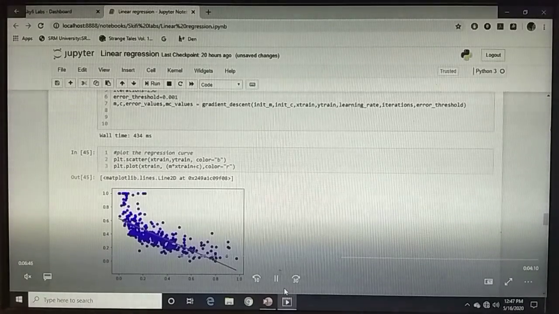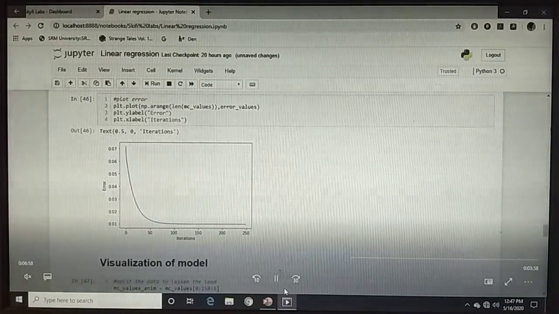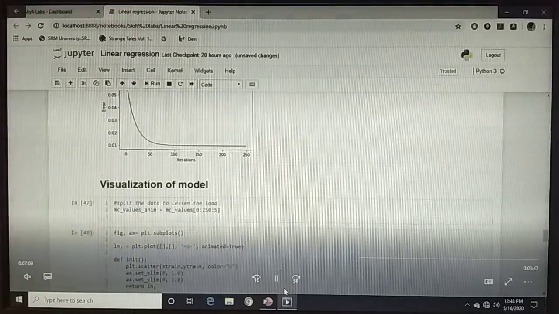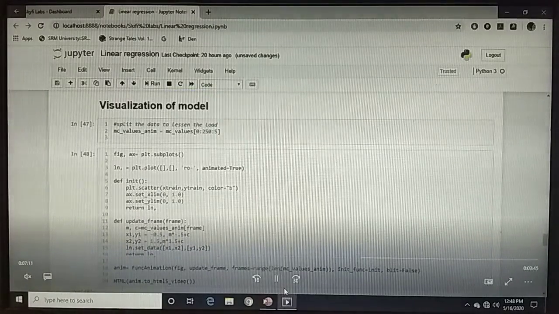I can see the slope of the curve is negative because the LSTAT feature used for training the model has a negative impact on the target value. I can also see the errors over the iterations. I can see that the error gradually decreases over the iterations, and I can also visualize the training phase of the model